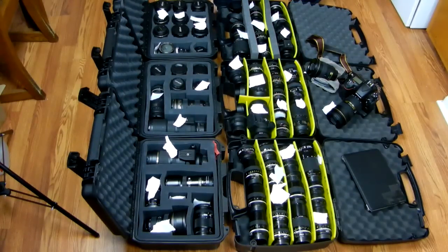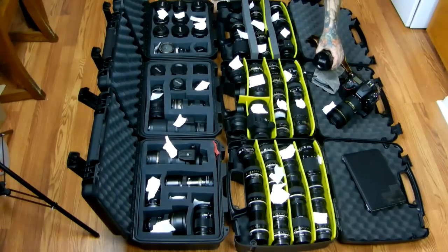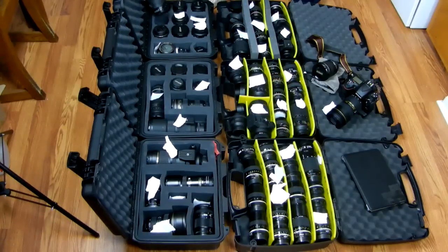Starting in no particular order would be the insanely expensive 24-70 2.8 NIKKOR. The DX lens, the 12-24 f4 NIKKOR for DX cameras. Third lens would be the Tokina 100mm 2.8, as if you haven't heard enough about that. Next lens would be the 85mm